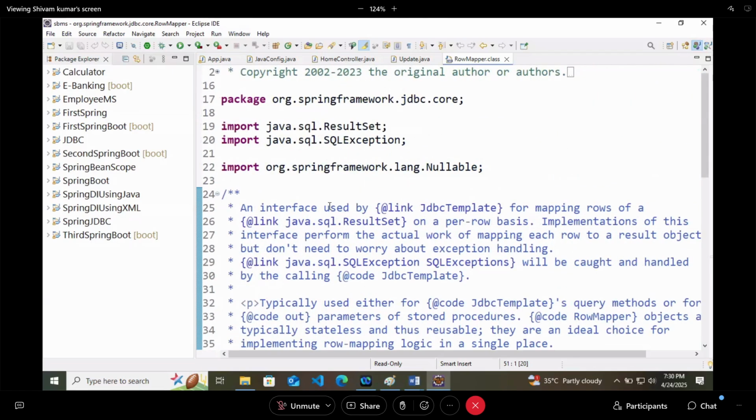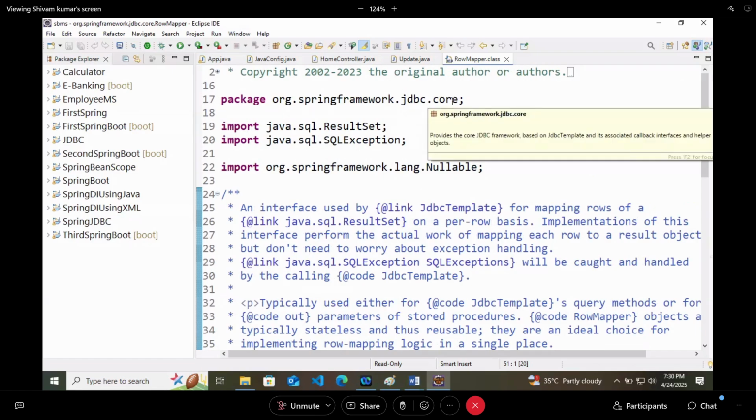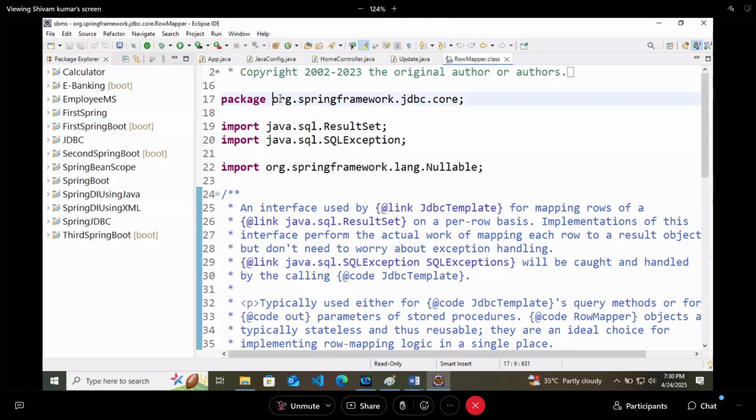If you check the code of this row mapper, it is inside the package org.springframework.jdbc.core, which means it's a part of Spring JDBC. This particular class is importing java.sql.ResultSet, the same result set that you were working on in your normal JDBC.